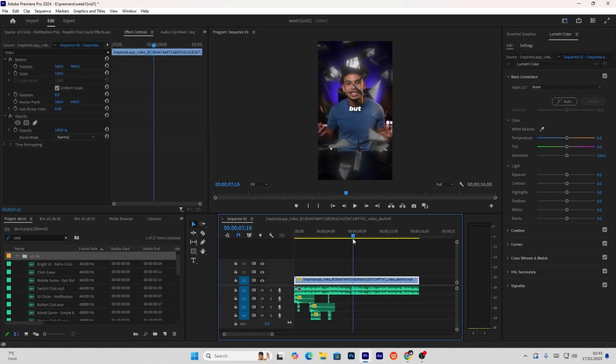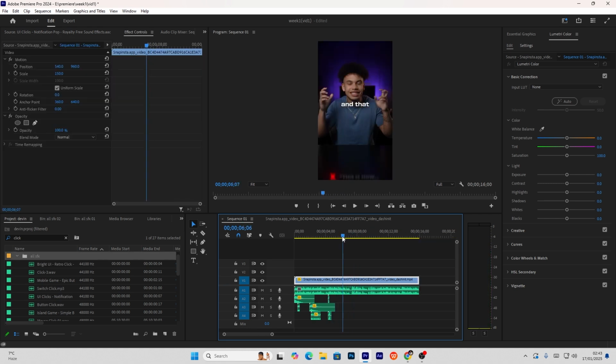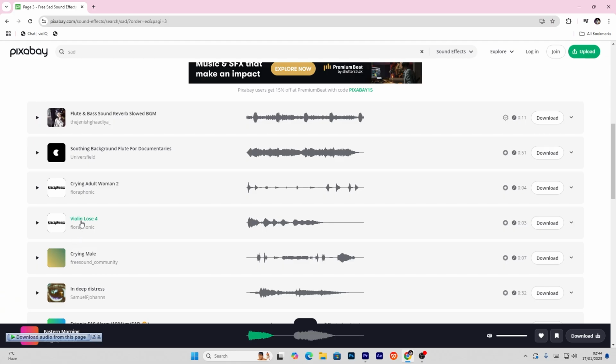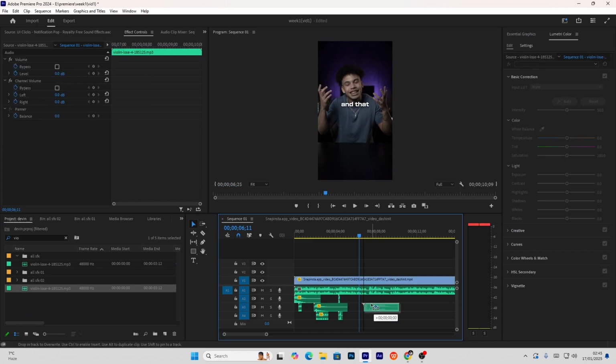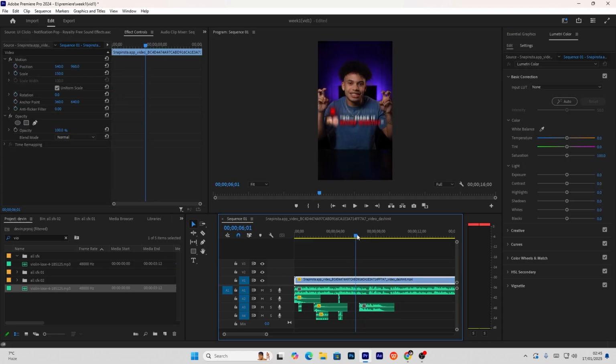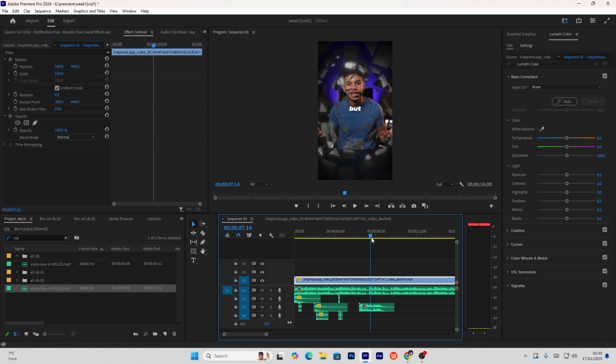And now we can see there's an emotional turnover, so we can use another sound effect which is suitable here, which will be this emotional sound effect. Currently I found this one sound effect. Okay, I have added the sound effect. Now I need to adjust the sound effect according to the length of the video.